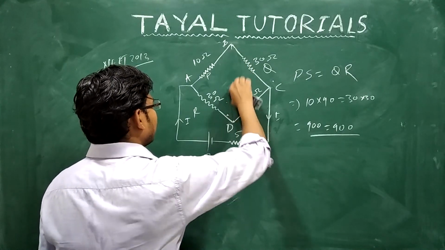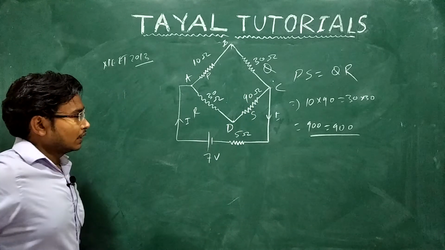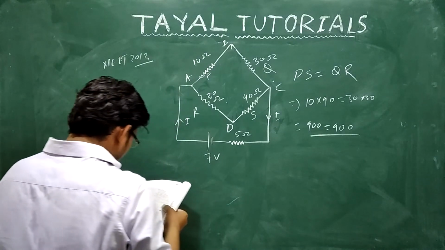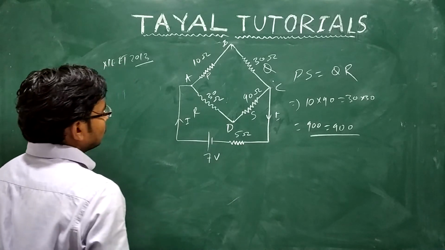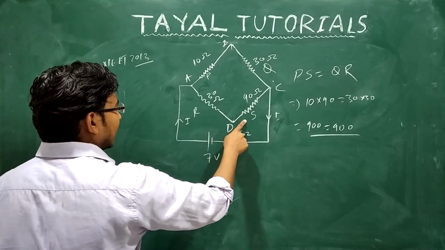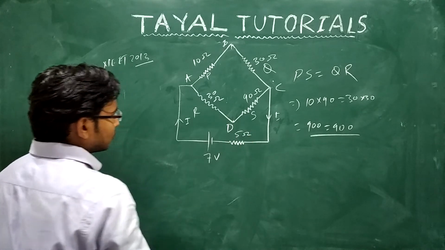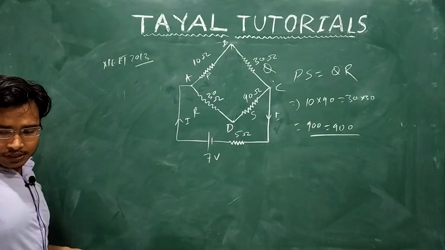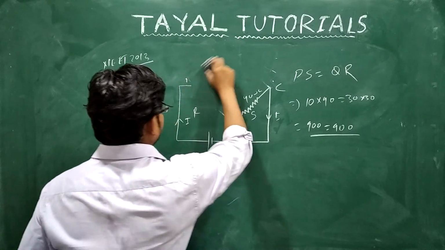If I remove this galvanometer, it will be easy to calculate the R equivalent, and that R equivalent is further in series with this 5 ohm. Okay, so what I am doing, I am calculating that R equivalent. So what I can do, these two are in series, these two are in series, those two are in parallel, and that is in series with that 5 ohm. So for the sake of understanding, I am just doing it step by step. So first remove this circuit. Okay,